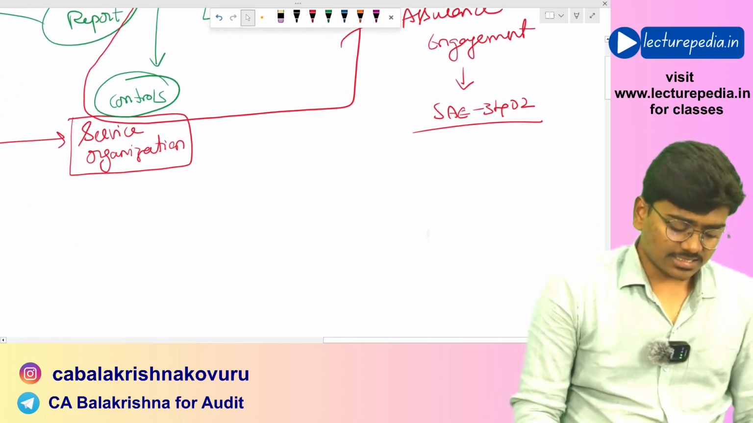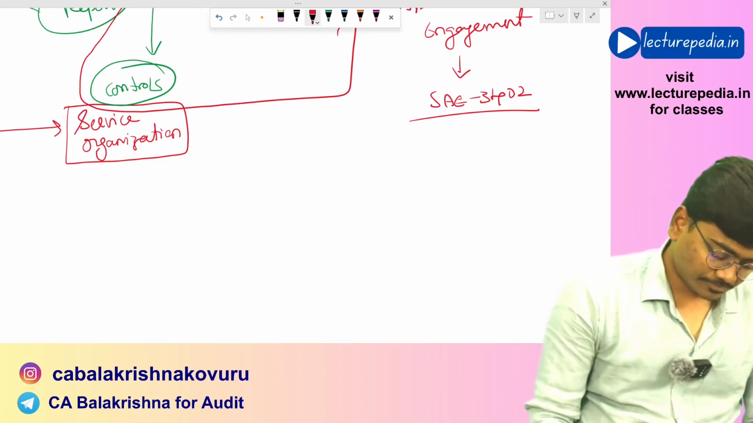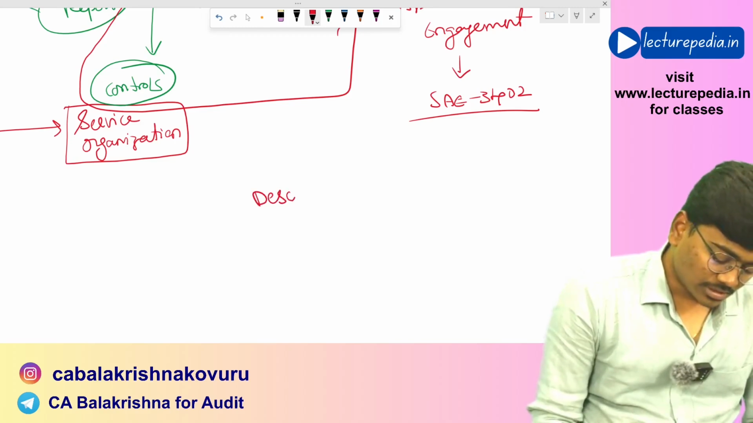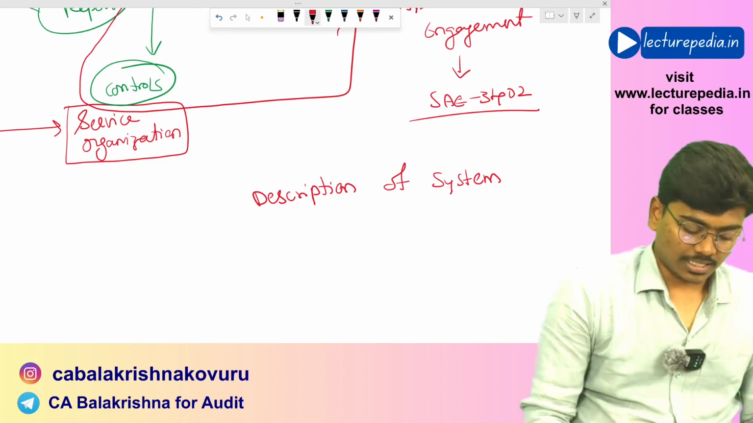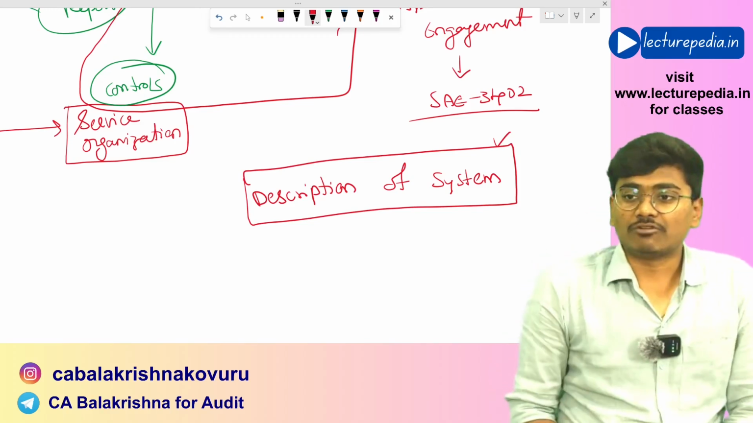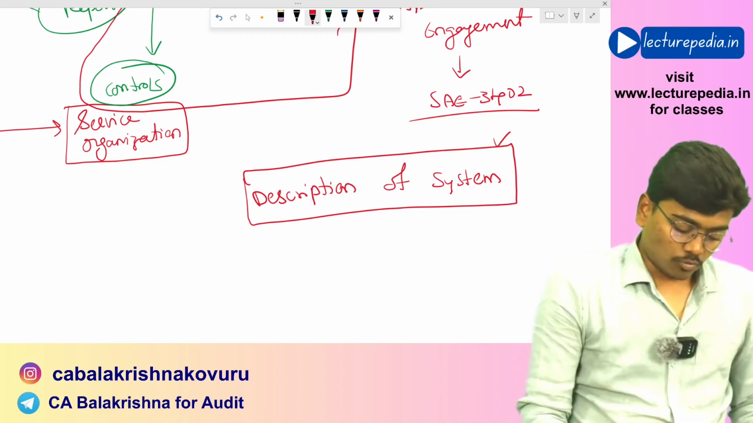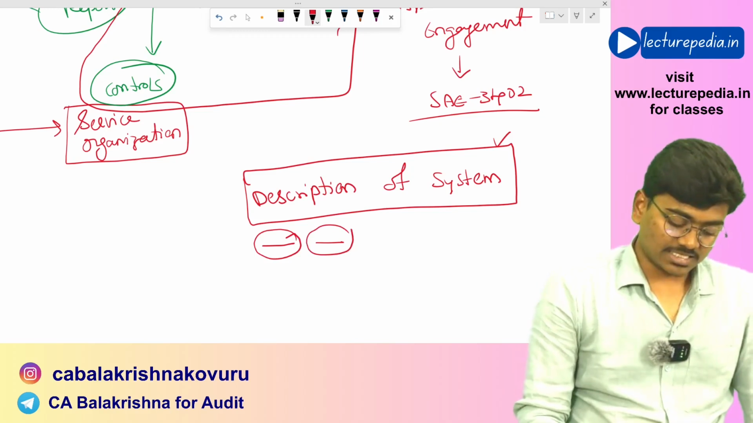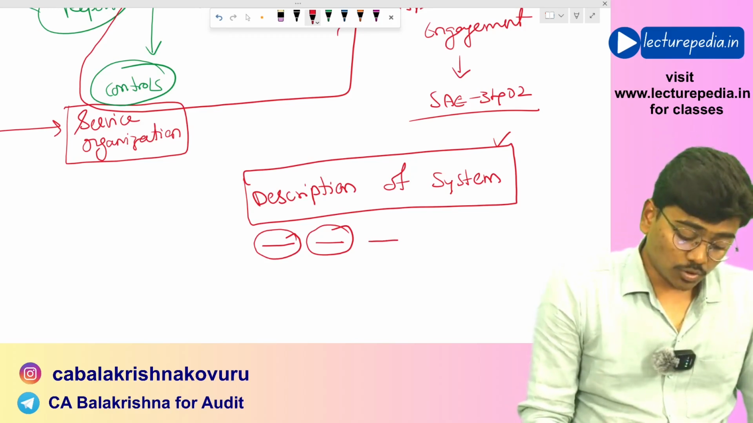Now this service organization, it will prepare a document known as description of system at service organization. Okay, this description of system at service organization is a specific document that will be prepared by the service organization. What will be there in this description of system? It will contain what services the service organization will provide, and with respect to those services, what systems it has implemented, what processes are there in the service organization, and with respect to those processes, what controls have been implemented,